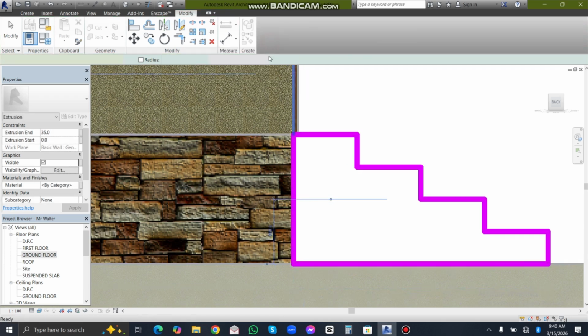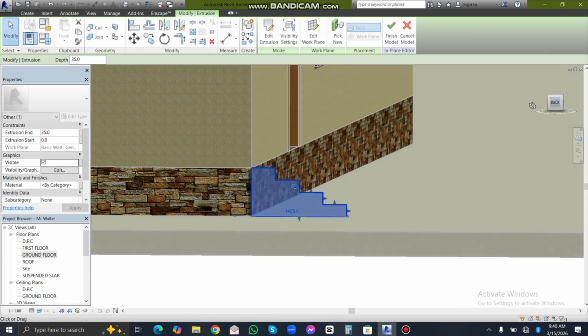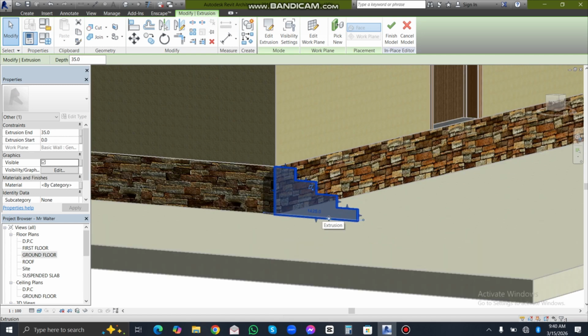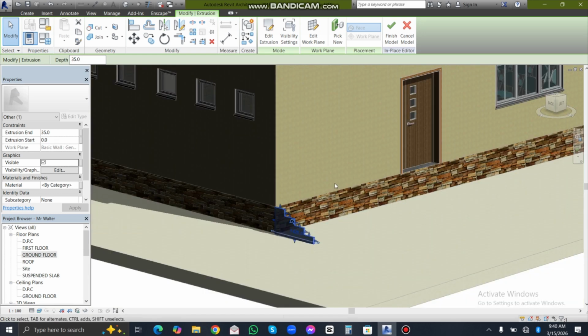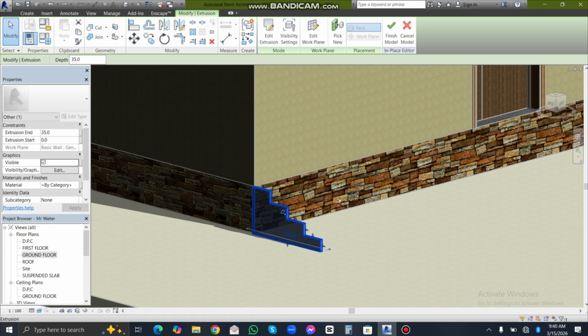Click. So here we are through with it. So we are through the extrusion method, but our stairs is in a halfway, so we need to